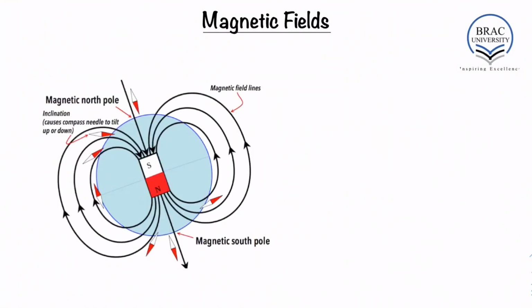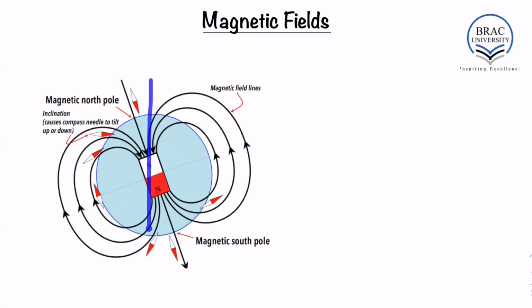So to begin with, let us consider the magnetic fields of a magnet, specifically a bar magnet. You all know that our Earth acts like a giant bar magnet. So let us start with the magnetic field of our Earth. So this is our planet Earth, and the bar magnet of our Earth is slightly inclined with the north and